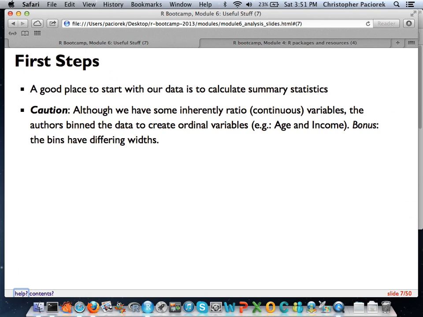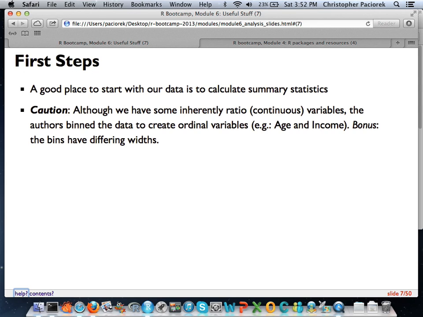So if you've got this data, and now we basically know what's in it, your first step probably is going to be to say, well, I'd like to get some summary statistics on these things. And in lots of other statistical packages, this comes up as a table function, or there might even be some button on a graphical interface that you would use. In R, not always the easiest thing to do, but we'll go through a couple of attempts to do it here and show you how it can get very complicated very quickly, but then we'll also give you some tools that will help you do this in a very easy way.